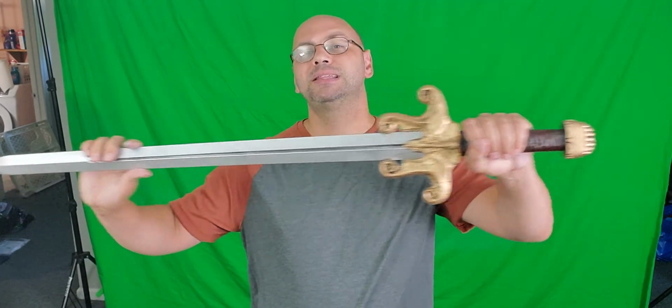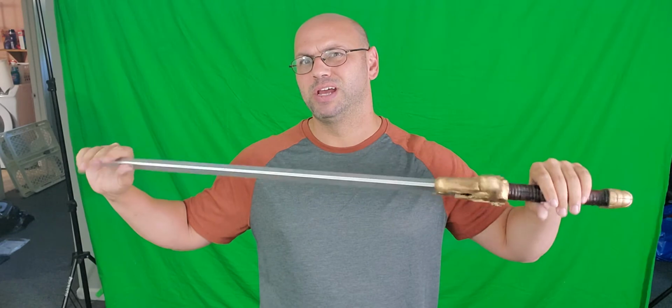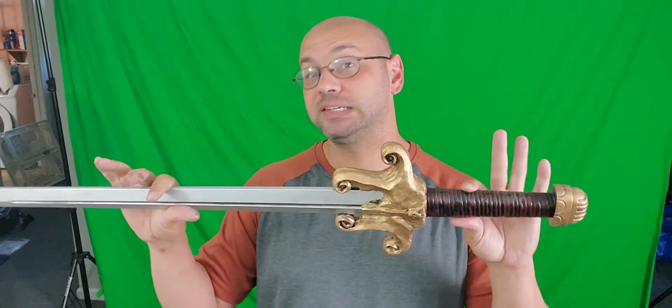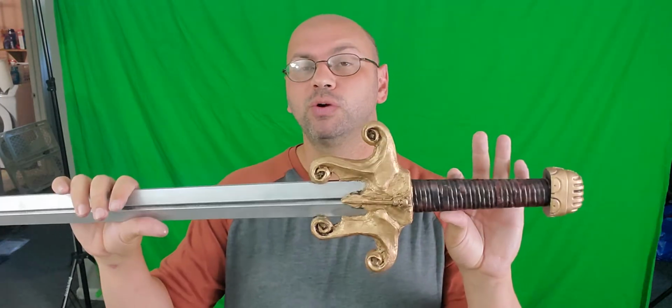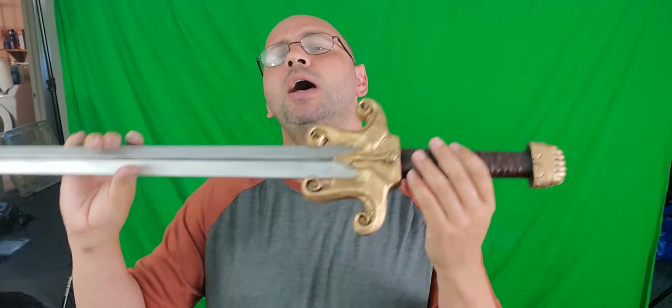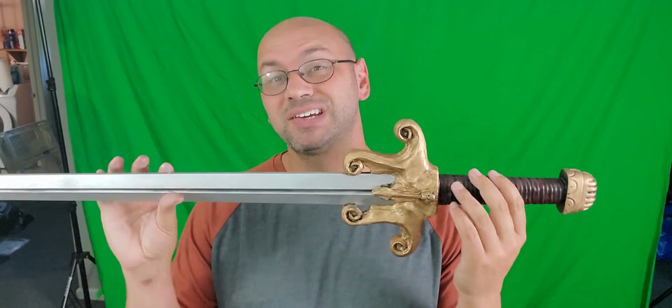So I did this paint job in about 2 days. What I did was I taped off the sword, I Plasti Dipped it in 2 coats, then I went over it with gold Rub 'n Buff, both ends. As I mentioned, I kept the hilt. And then I touched it up with Testors gold. The specific Testors that I like to do that matches antique gold, not antique gold, modern gold Rub 'n Buff